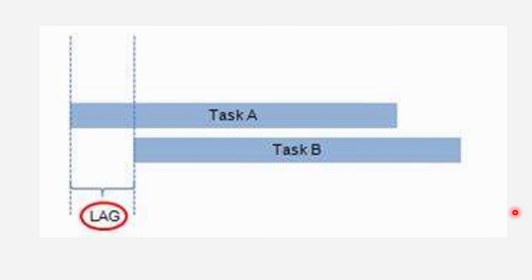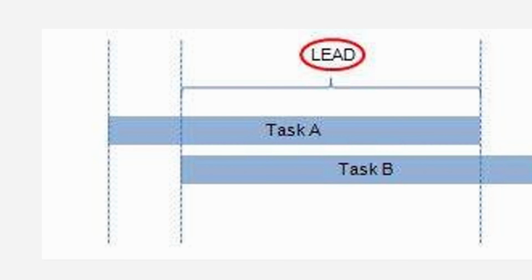Yesterday we were talking about lag. Task A is lagging behind task B. On the other hand, if you put it another way, if both of them were supposed to start at the same time, task B is having a lead of this much. If task B were to start only after task A, you are having a lead on task A. We talked about lead in the previous class. So this is what lead is about. Would you like any clarification on these two?